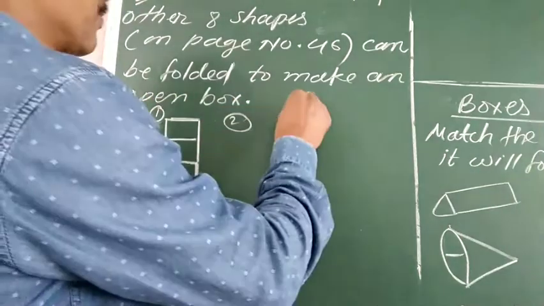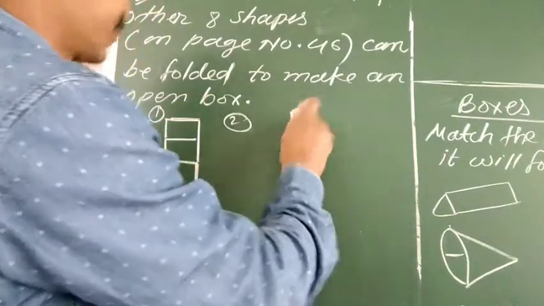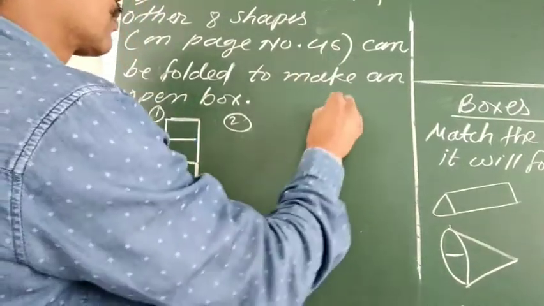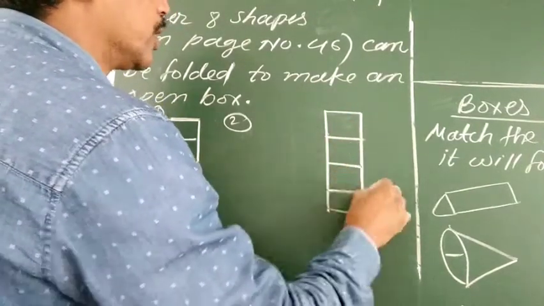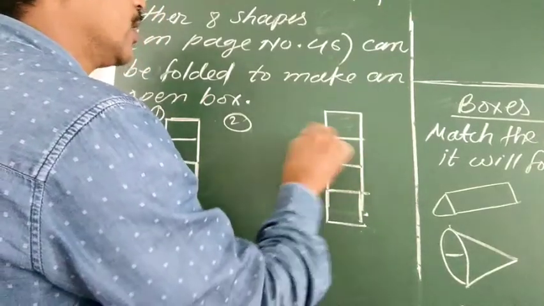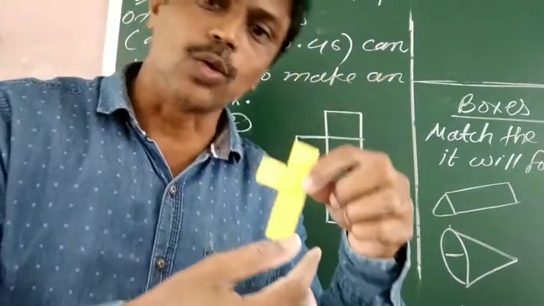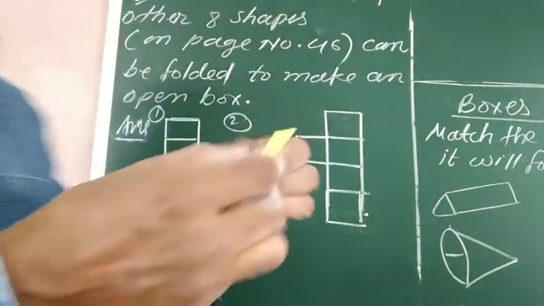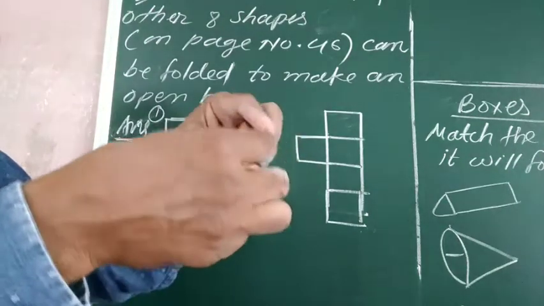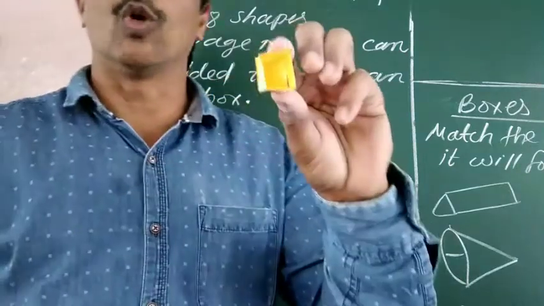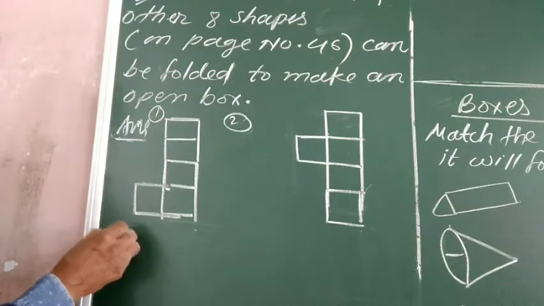Second one, see, this type of cutout is there again. One, 2, 3, 4, and this 4. Okay, see, these are the cutout again. Now see, try to fold this one like this. आप इसे फोल्ड करने की कोशिश कीजिए. See, it is also folding into an open box. ये भी आपका एक open box फोल्ड हो रहा है. Number 2 हुआ. Now number 3.